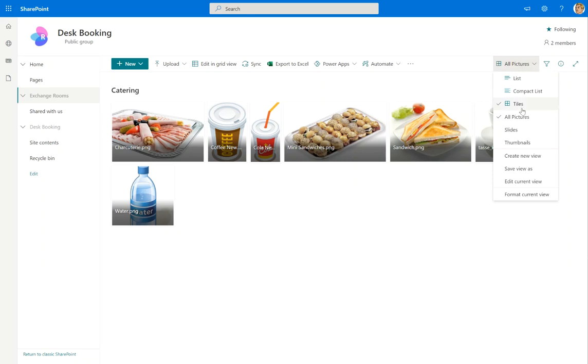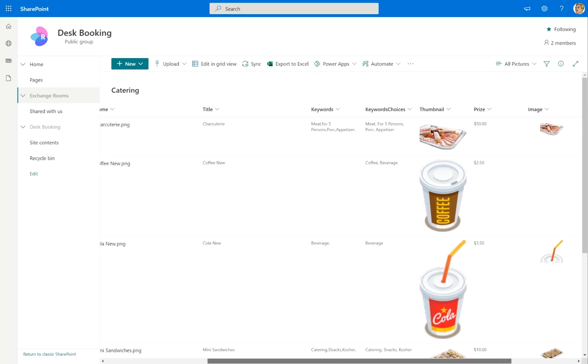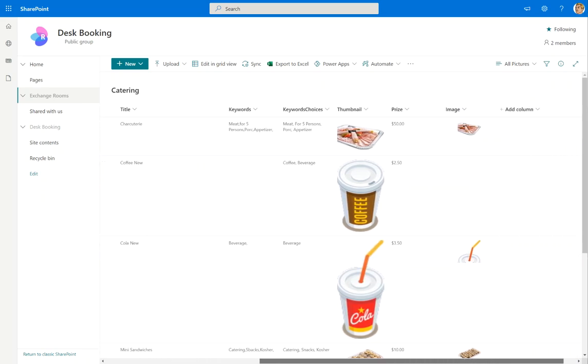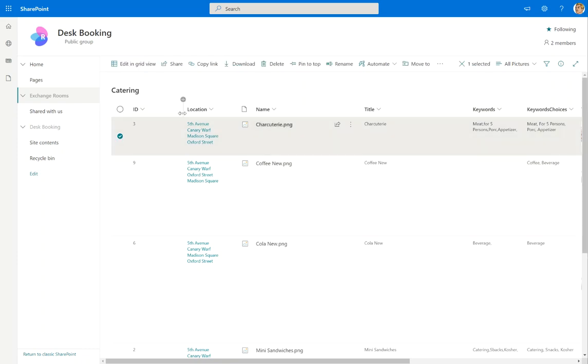The idea of that is there are different predefined views. So there's the tiles view, which shows just the thumbnails of the items in the catering list. And you can switch to another view by clicking on the list item. And now you see again, the catering list has the same way like you saw before for the desks, predefined columns. Don't change them, just leave them as they are. The column names, these titles, again add a new one if needed, or edit an existing one just by opening the